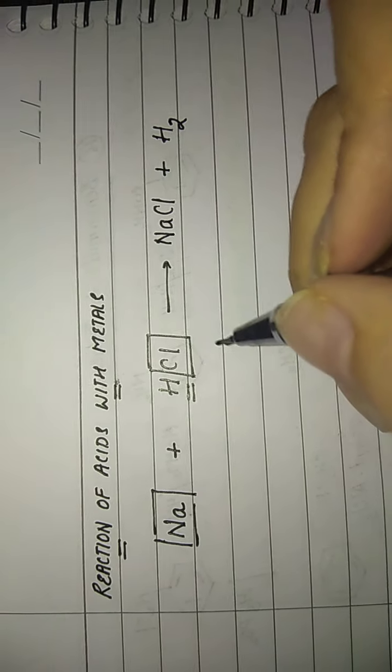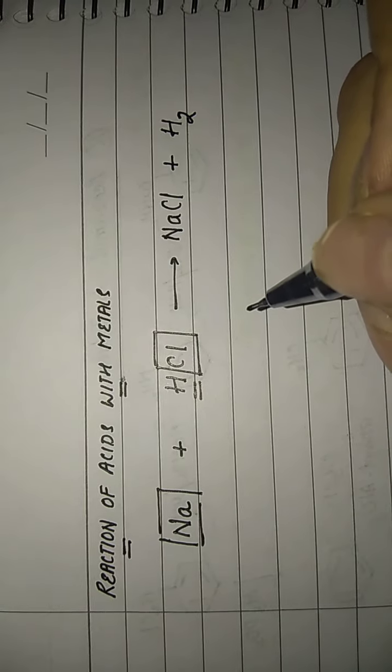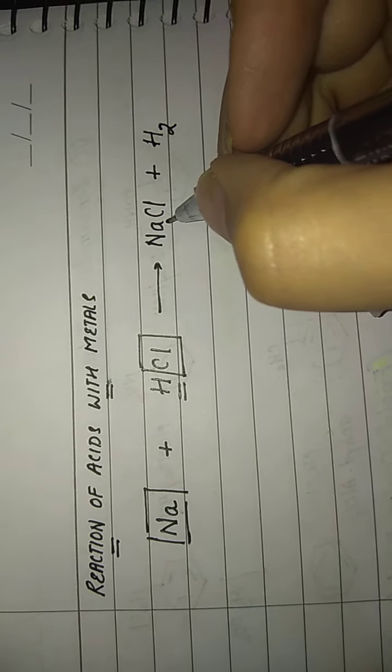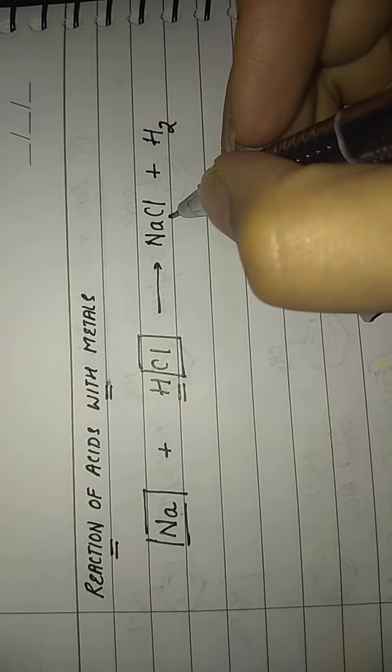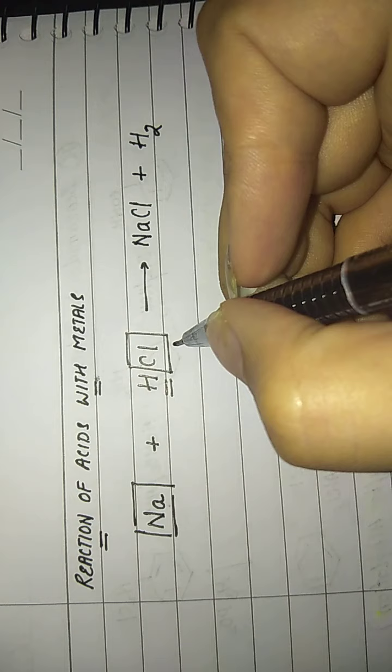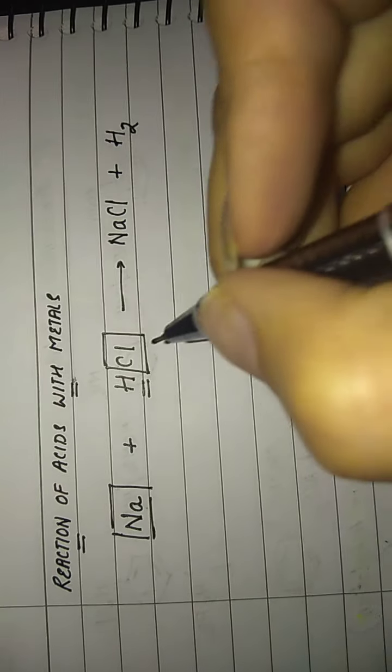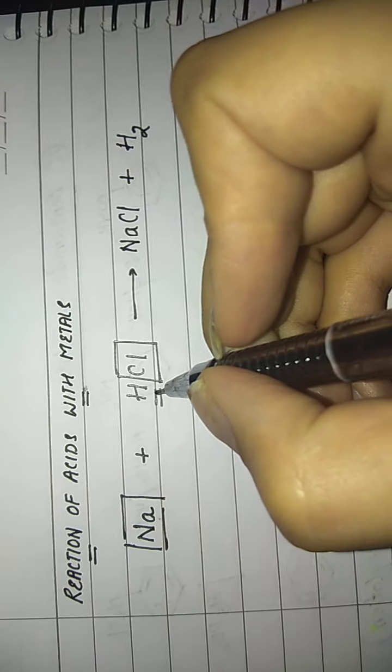Now I see whether the equation is balanced or not. On the left hand side I have only one sodium atom, and on the right hand side also I have one sodium atom, because there is nothing written after Na. On the left hand side I have just one Cl atom, and on the right side also just one Cl atom. Fine, so these are balanced. On the left side I have one hydrogen atom, while on the right hand side I have two hydrogen atoms, right? So I will make this also as 2.